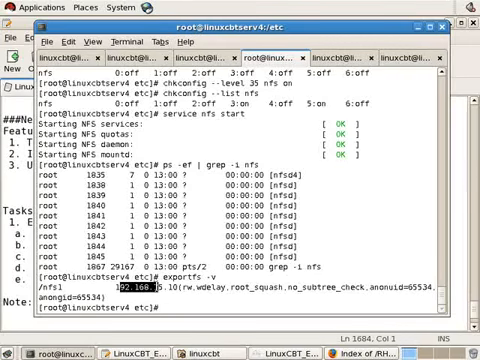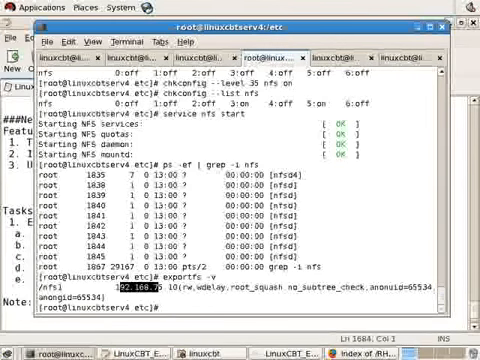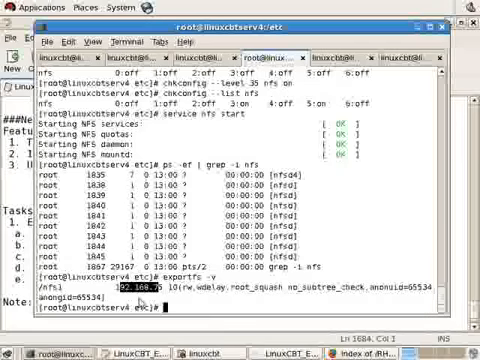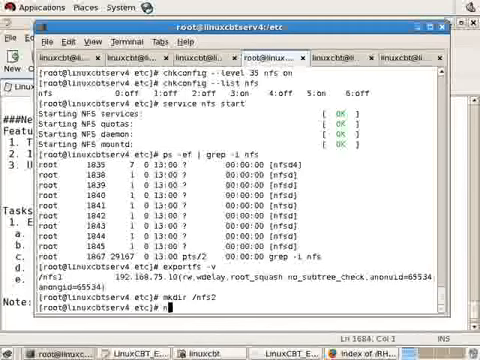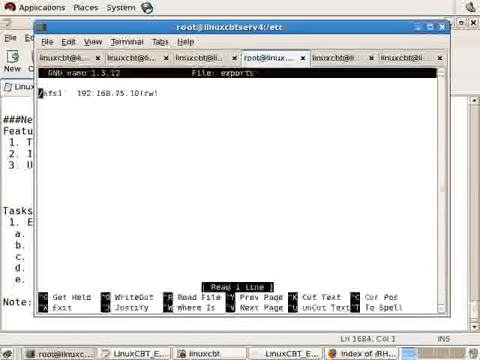irreparable changes to the export. Now let's go ahead and export another directory. Just to have it reflected using exportfs, we'll make directory NFS2. We'll modify the exports file,